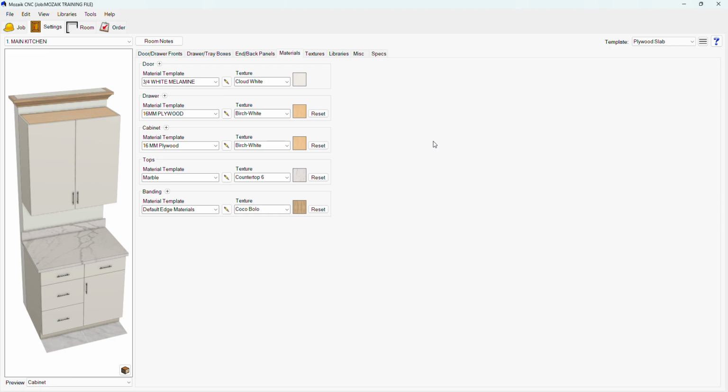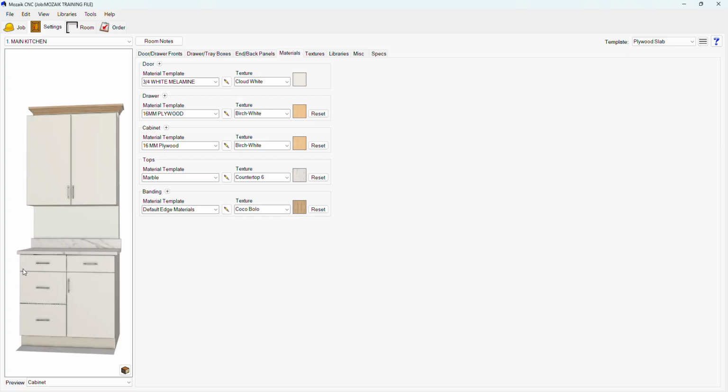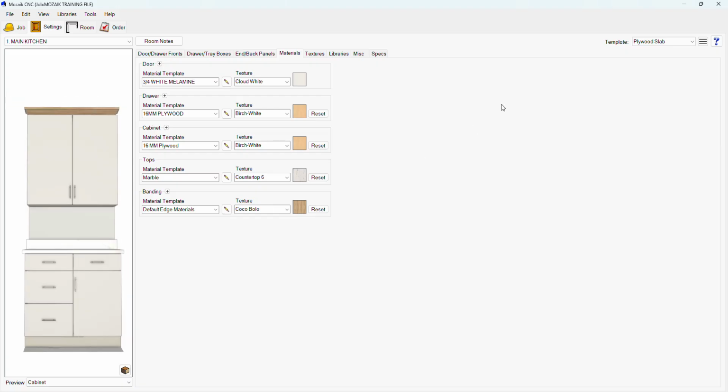Hello everyone. In this video, we will learn how to start a kitchen from basic. So first of all, you need to make sure of the settings that we need to do to build the kitchen. So I'm gonna select my door profile. I'll just leave it as plywood slab. So I just need a slab, and then